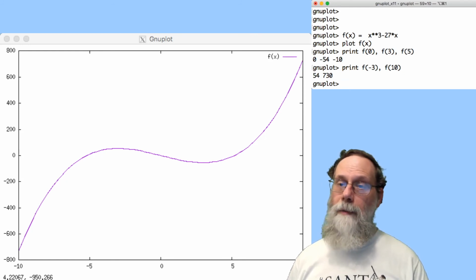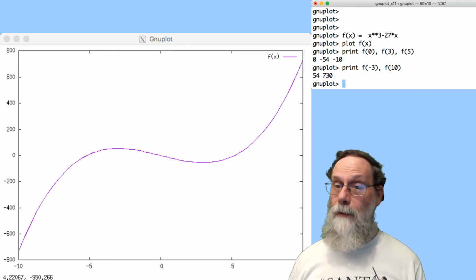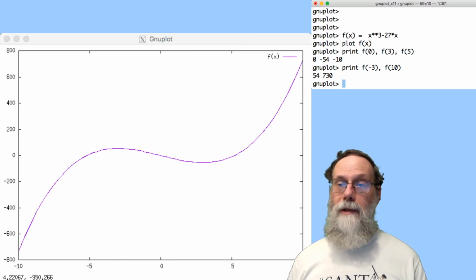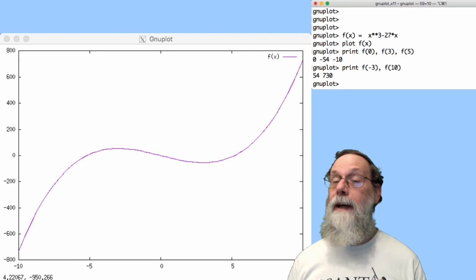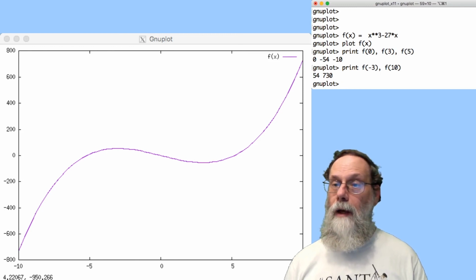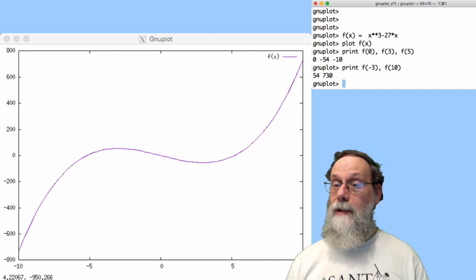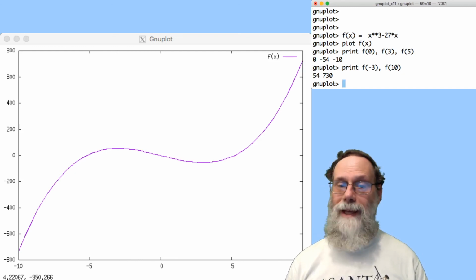So when you're doing optimization, always pay attention to the boundary conditions. What's the minimum and maximum value for the variable you're optimizing with respect to? Because those may very well be the interesting cases. It might not have an optimum within the range you're looking at other than at the boundaries. Okay, that's about all we'll be needing to do with optimization in this course, so that's it for this video.